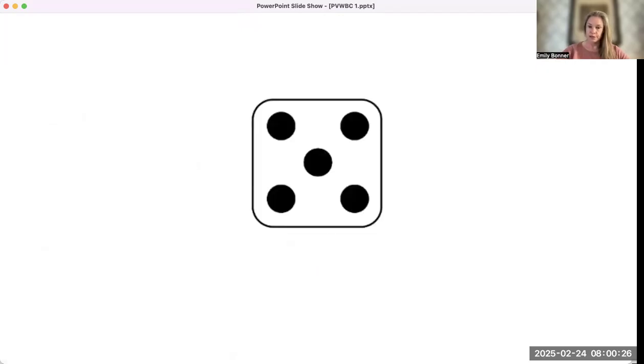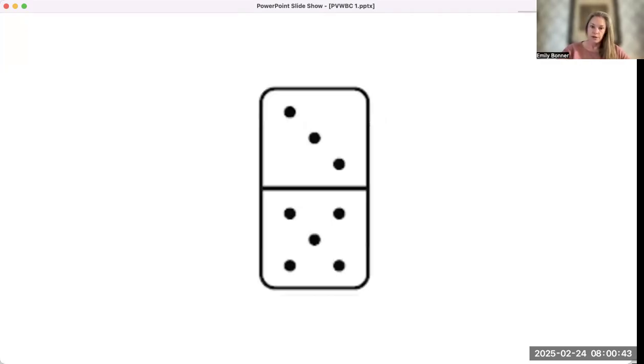Okay, so when I look at this, I want you to just say the number that you see, just like we always do with subitizing. And you probably immediately thought 5 when you saw this shape because it's very familiar. This looks like a die, right? And so you're seeing this as a group of 5 because that's the way you're used to seeing 5, right? So now I want you to think about this